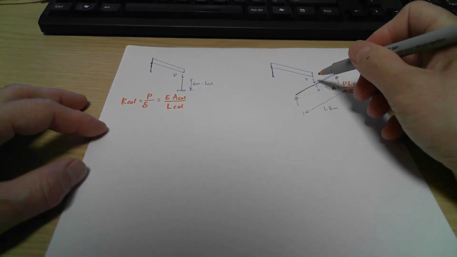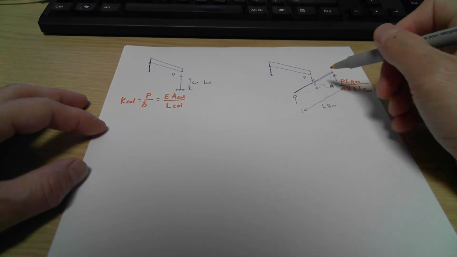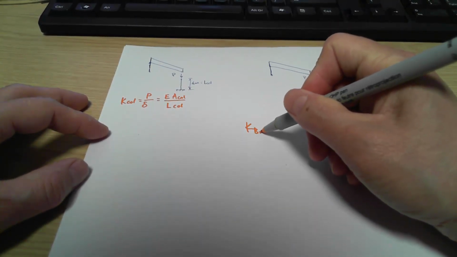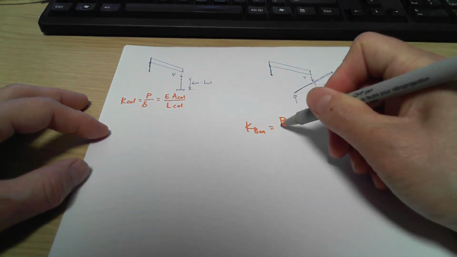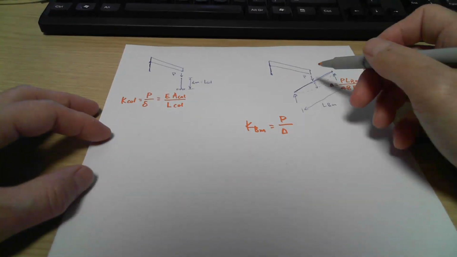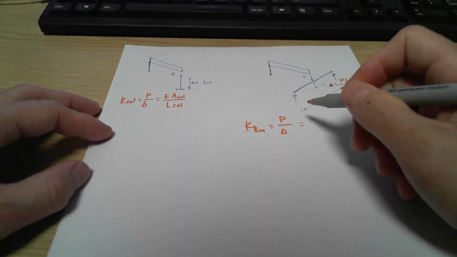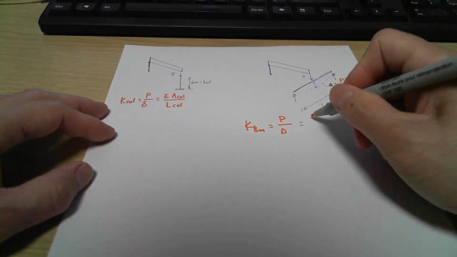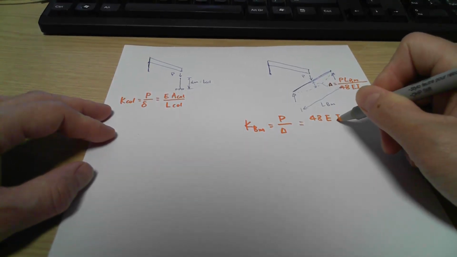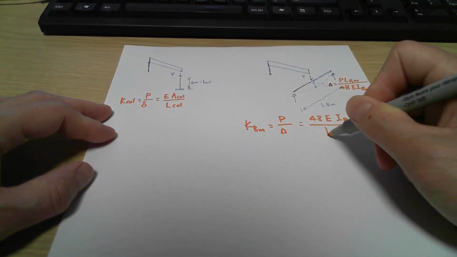So the stiffness vertically: if you put a P loading on this one and want to calculate the support stiffness, the K of the beam should equal the loading you got divided by the deformation you achieved. That's actually the stiffness of the beam supporting the truss. So this should equal 48EI of the beam,